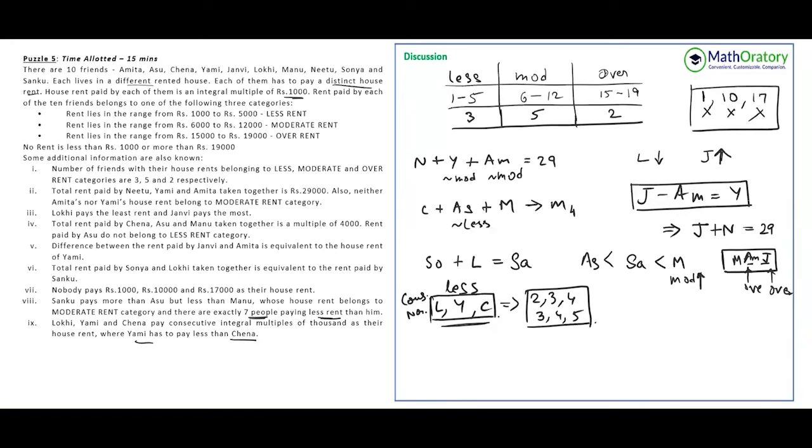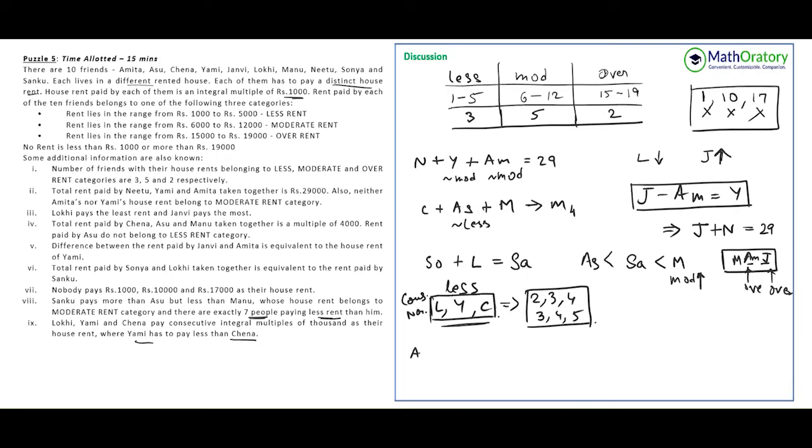If you think about these two cases that we obtained about L, Y, and C. So Y, we know there are just two cases, right? 3 or 4. So once we are down to those two cases, we know the difference between J and Amita, right? And J and Amita are the two people in the over category. So that should reduce the cases somewhat. So let us go ahead with it, because once we are down to J, this will also help us, right? So now we are getting a direction. So instead of making it on an order kind of thing, I'll just randomly fill the names and then try to fill the categories and the numbers that we can. So I'll just do it here.